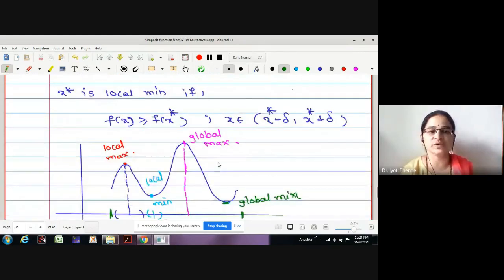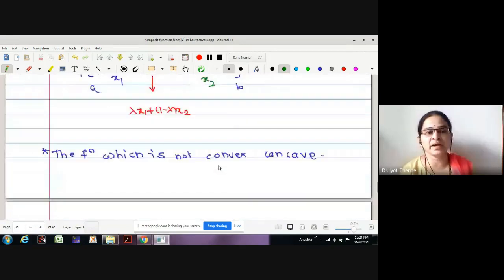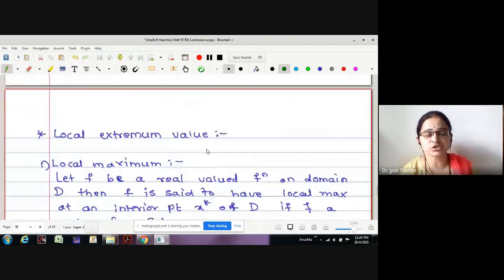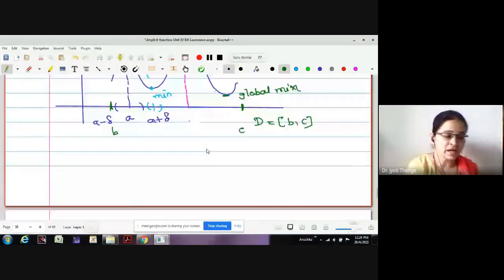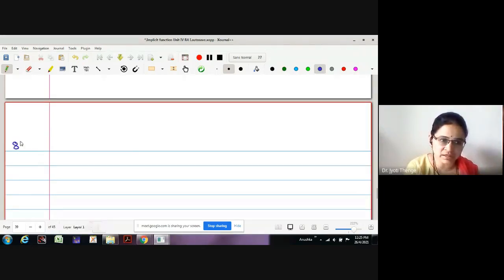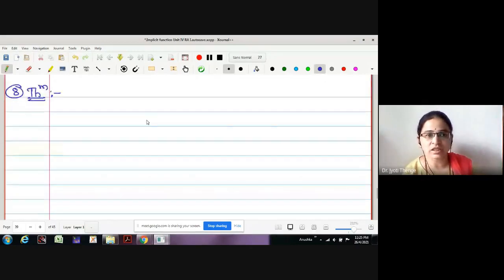This was the basic I wanted to tell you regarding the extrema. Whatever we have studied up to now, finding the first order derivative and checking the nature of the second order derivative, is actually a necessary condition for the existence of an extremum. Now in today's lecture, we are going to understand the sufficient condition. For that we will understand theorem number 8, the last theorem of our syllabus, which gives us the sufficient condition for the existence of the extrema. Let me write the statement of the theorem.